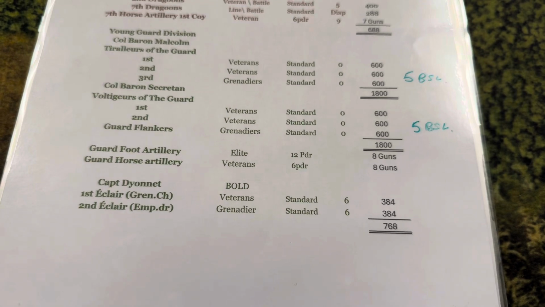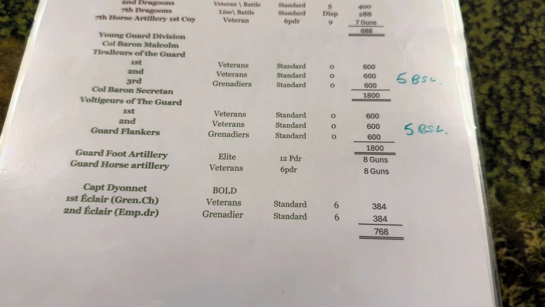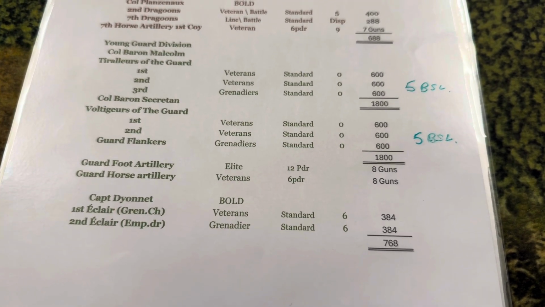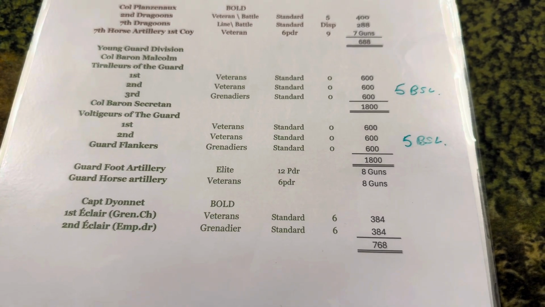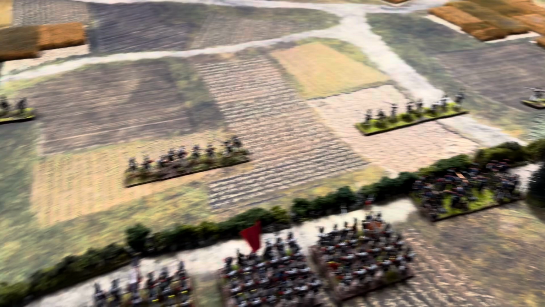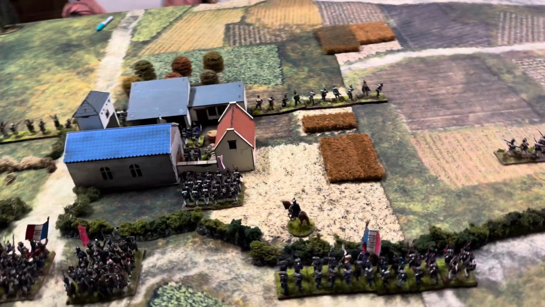Their commander, they're led by a bold brigade commander. The 1st Eclair are veteran. The 2nd Eclair are grenadier quality. And the horse artillery class is veteran as well. So that's the French. They're deployed and ready for action, and the Prussians will now, as